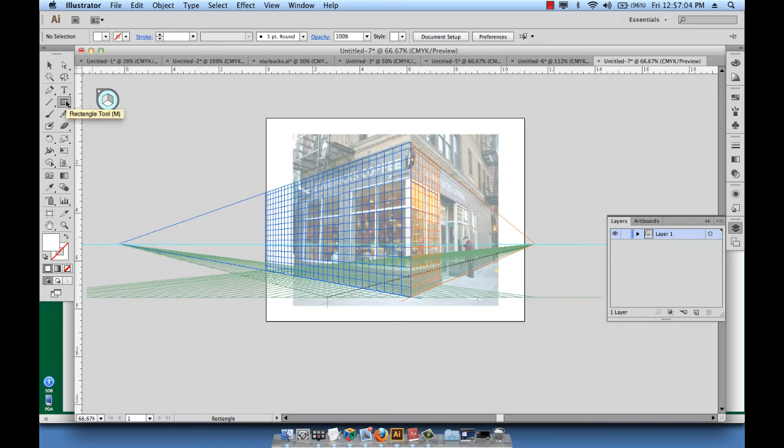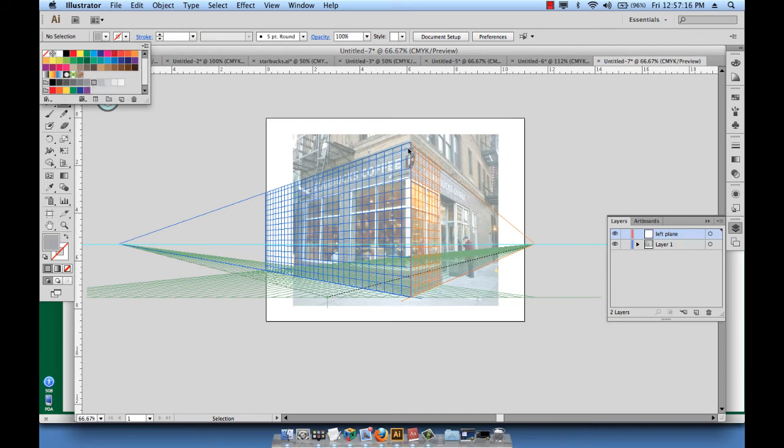I'm going to take my rectangle tool, create a new layer, call it left plane, and then choose a nice gray, and go ahead and make sure I have the left panel selected. So click on that. And this blue selection of the left plane will allow me to draw my rectangle within the perspective